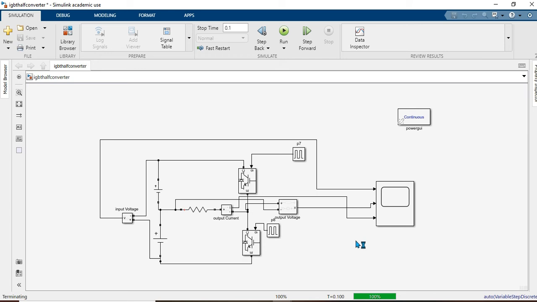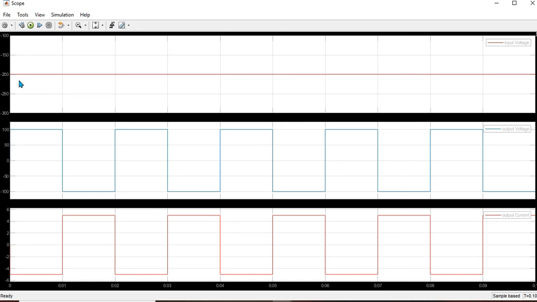Okay, now it is done. Now we will see the graph across it, कि ग्राफ कितना मिल रहा है आपको. Just double click on your scope, the graph will open. अभी देखिए guys, now it is showing 200. But what about the voltage? It is 100 volt for the positive and 100 volt for the negative. When you calculate peak to peak, you get 200. Similarly for the current, यहाँ current आप observe करोगे, it is nearly equal to 5 ampere over here and 5 ampere over here. So 5 plus 5, जब आप calculate करोगे, you will get 10 ampere.